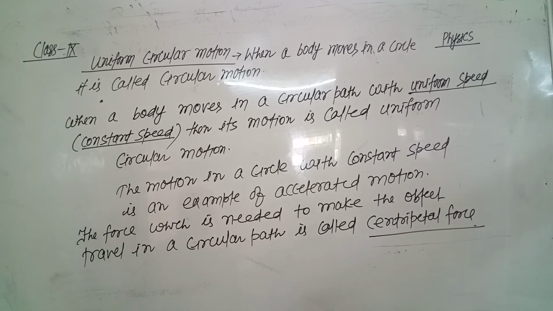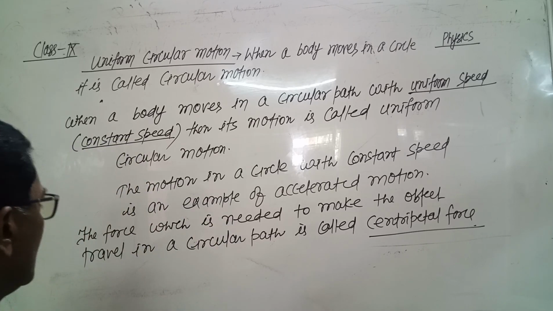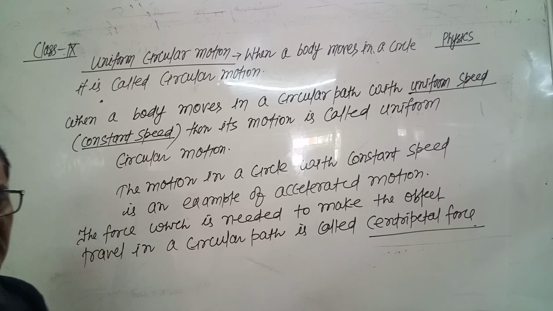The force that acts on the body when it moves in a circular path is called centripetal force. And the motion in a circle with constant speed is an accelerated motion. And the force acting on the object when it travels in a circular path is called